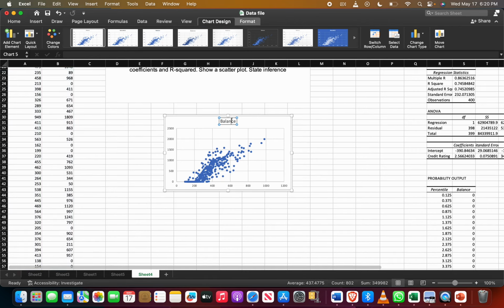So I have to rename the title: scatter plot based on credit ratings and balance. Okay,